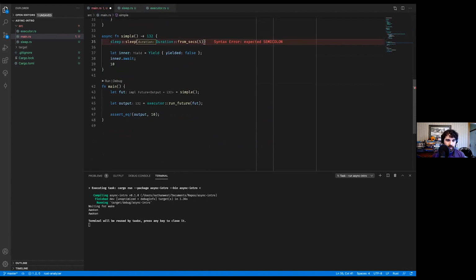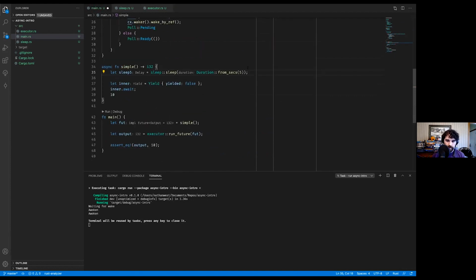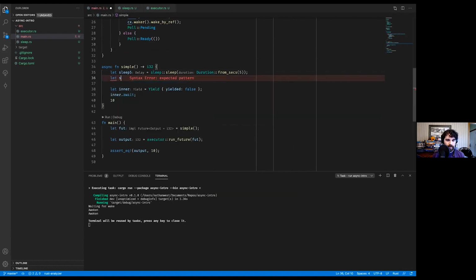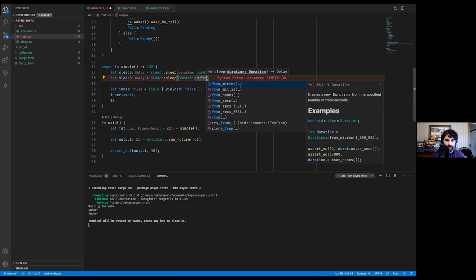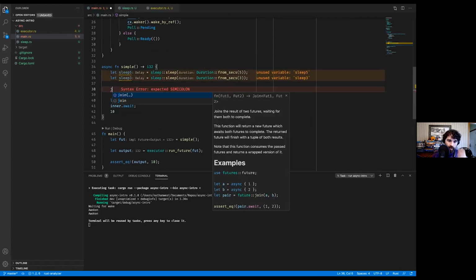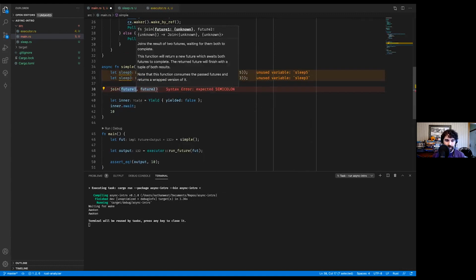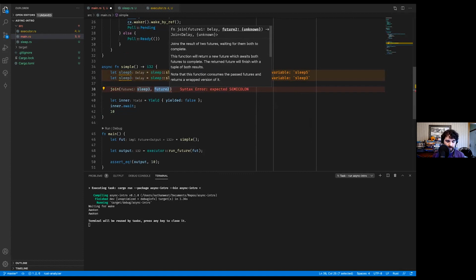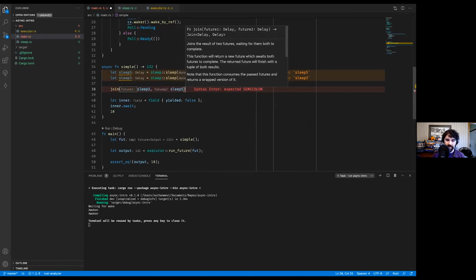We can see that here. So we'll say let sleep5 equals that. We will say let sleep3 equals sleep for 3 seconds. Okay, and we will use join. Join just takes 2 futures and puts them together into a new future that when it's awaited, it awaits them both. It polls them both.